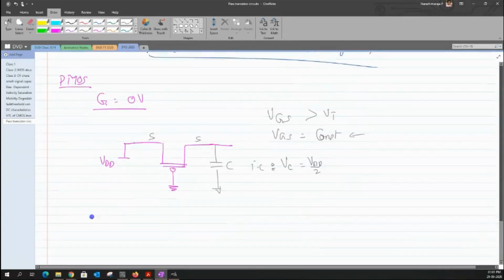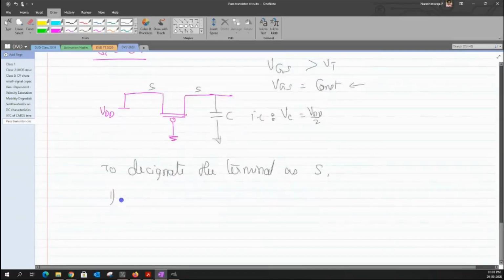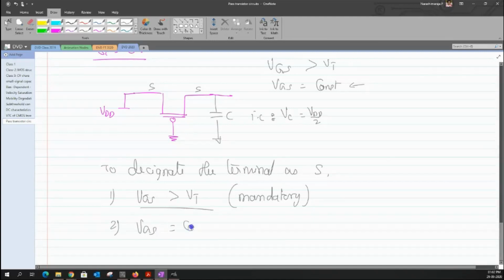Let me write it as a statement. One of the important conditions that we want is that the value of VGS has to be greater than VT, so we have to choose an appropriate source such that we end up with this kind of situation. This is the first point, which is a mandatory point. You cannot skip this. There is a second point, which is optional: if you can make the value of VGS a constant, give the first preference to that. Whichever terminal you can think of as a constant source potential, use that as your source node.